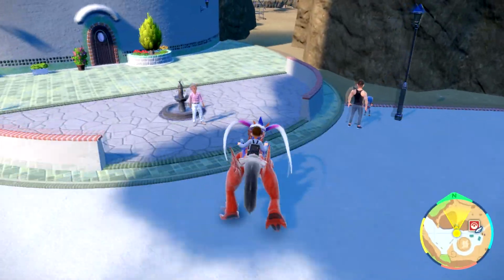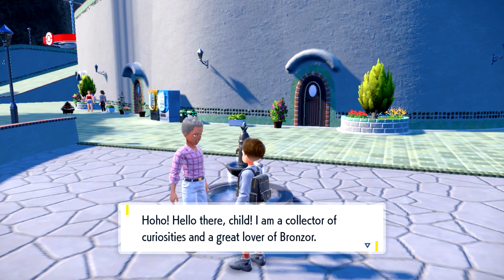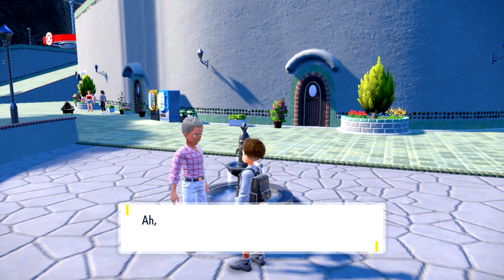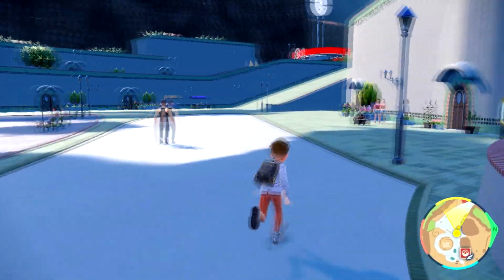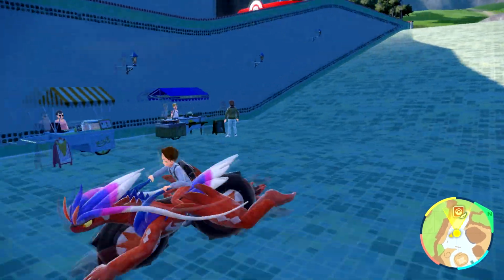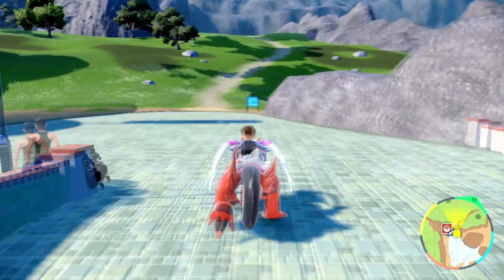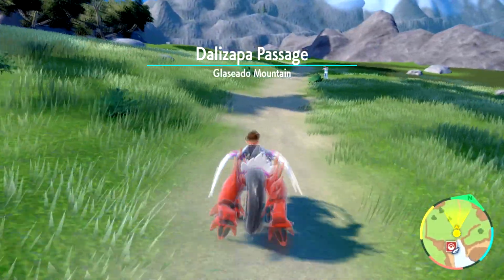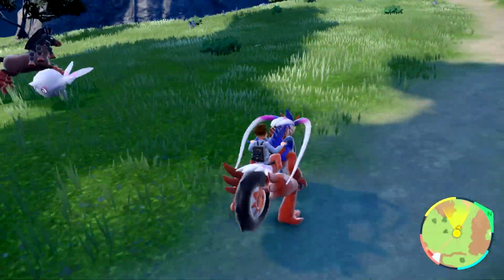This person here, depending on your version of the game, since I'm playing Scarlet, they want Bronze Ore Fragments. I don't think I have any. Yeah, no, I don't. But they will want Bronze Ore Fragments. And if you're playing Violet, it'll be different. I think another NPC in that same location will want Chips of Sinisty. And depending on which one it is, you will get the armor item. I think it's the Auspicious Armor for me in Scarlet, and then I think for Violet, it's